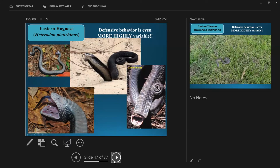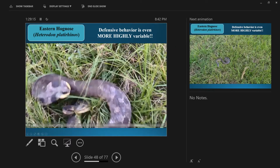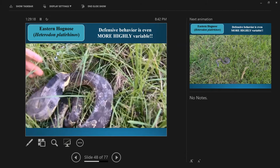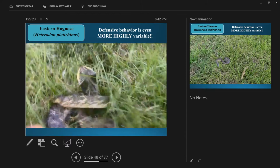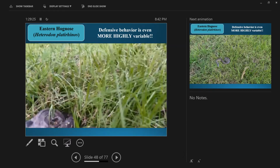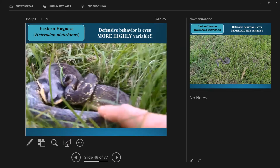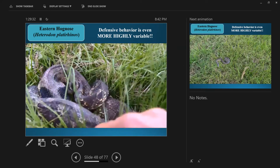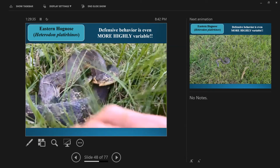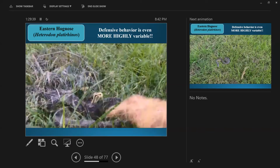Let me show you what they do in a video, and you can't hear it, so I'll explain what he's doing. Right now, this hognose snake is puffing out like a cobra, and he is hissing really loudly. He's doing that. What he also does is he fake strikes. It's a bluff. They either strike with their mouth open or with their mouth closed, but they never bite. What they do is they make themselves look big and ugly. And then if you continue to mess with them,